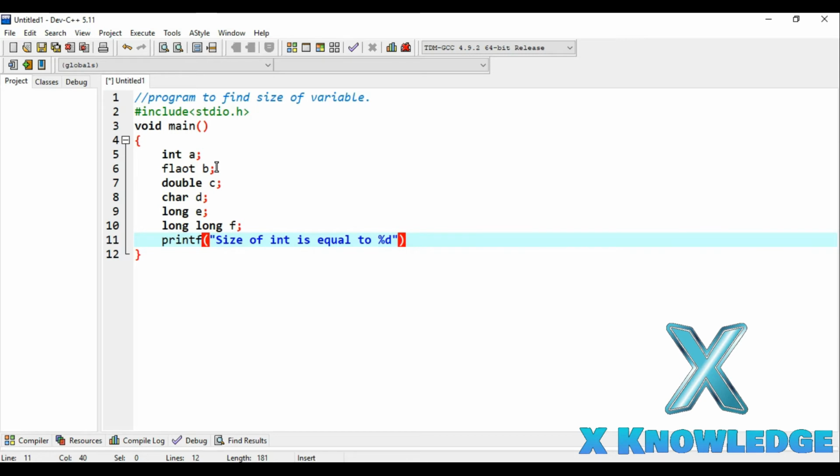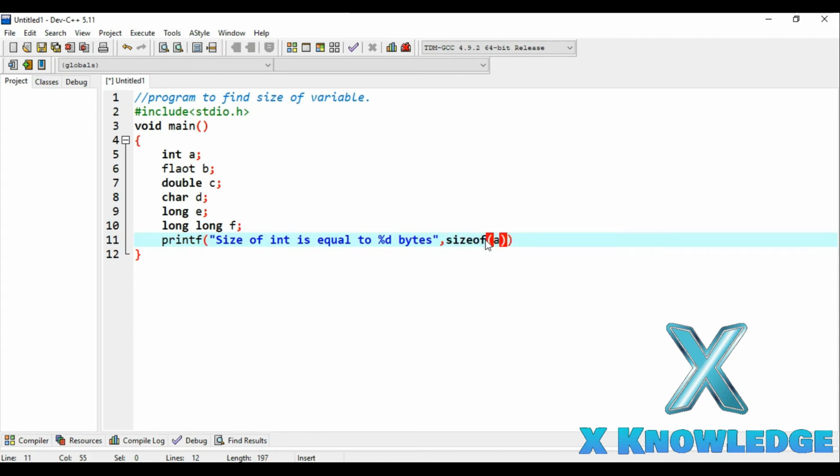All right, so bytes. Now use the sizeof operator, and watch out, don't give a space here, because this will not work. Make sure to write sizeof without any space and give the variable.